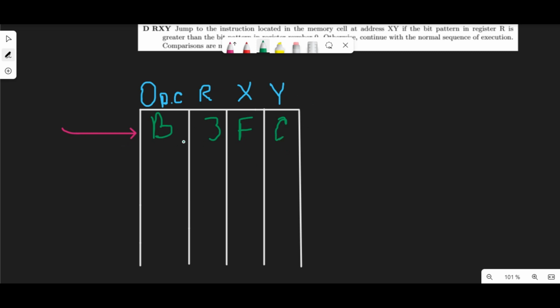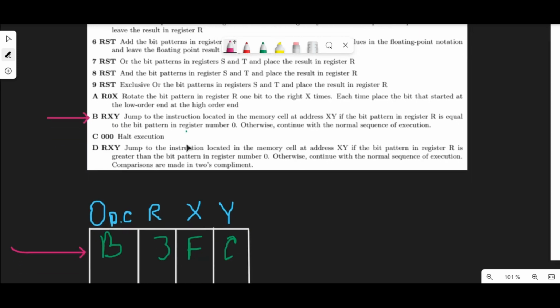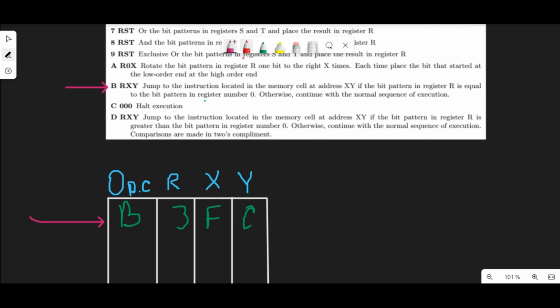So our opcode is B, not 2. So where is B? First of all, let me find B. Oh, B is here. Then what it says: jump to the instruction located in XY if the bit pattern in R is equal to the bit pattern in 0